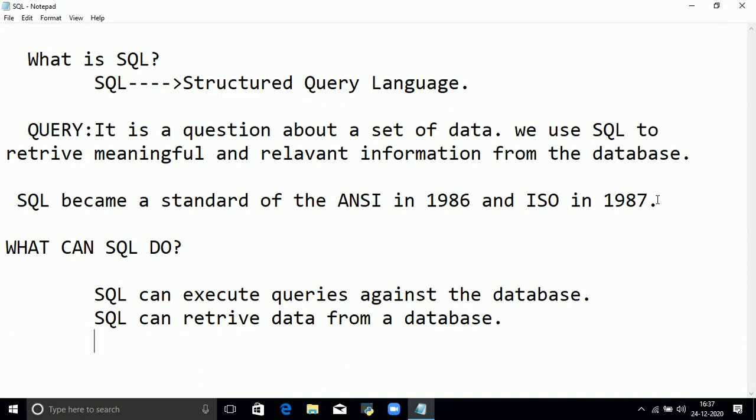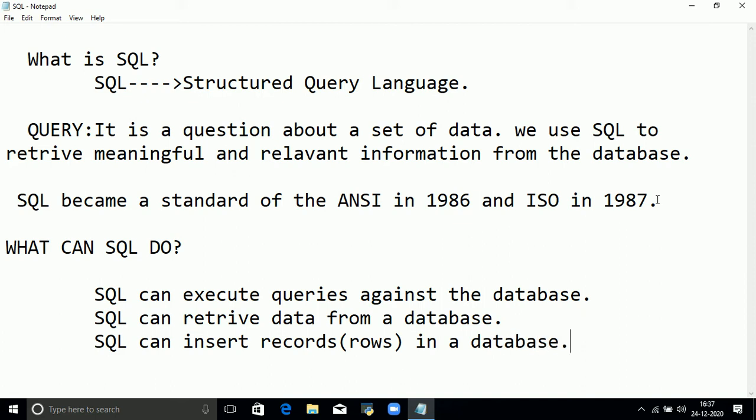SQL can insert records, sometimes we call them rows, in a database. SQL can update records in a database.